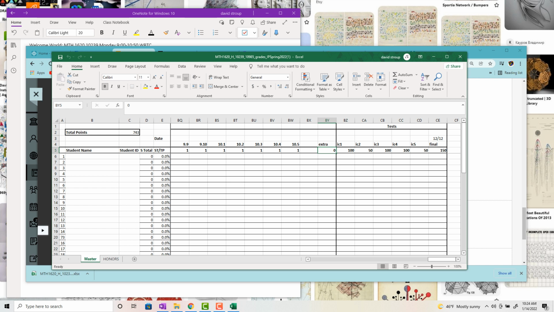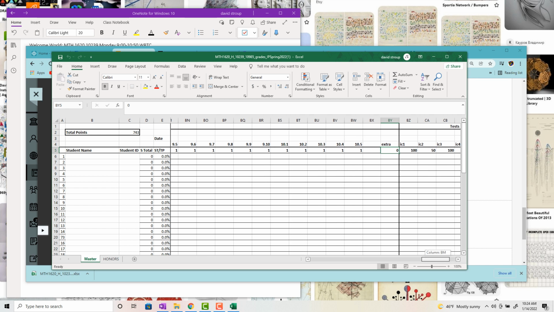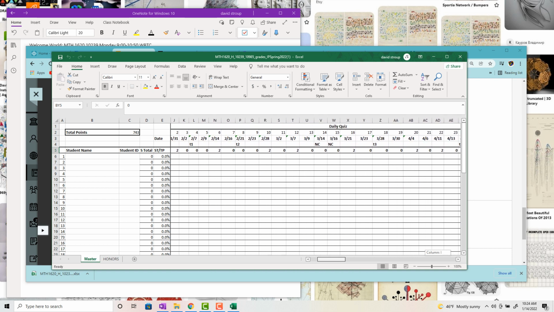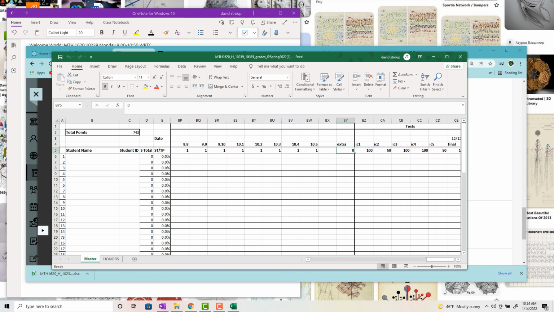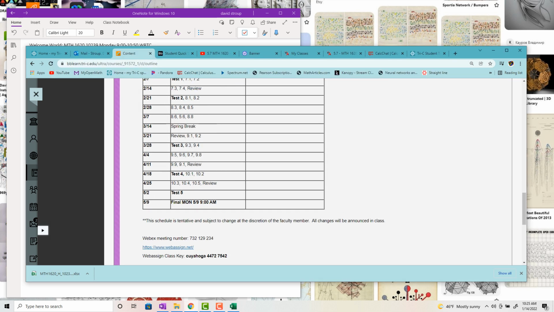For in-class test 2, there are only 4 sections, so it's worth a little less. In-class test 5 is usually at the end of the semester, and it comes on so fast that I don't want to ruin your grade if you can't get your brain around the material. So we only make it worth 50 points as well. So there are actually 5 tests. Maybe I put 4 tests. No, there's test 5. So I put all tests in there.